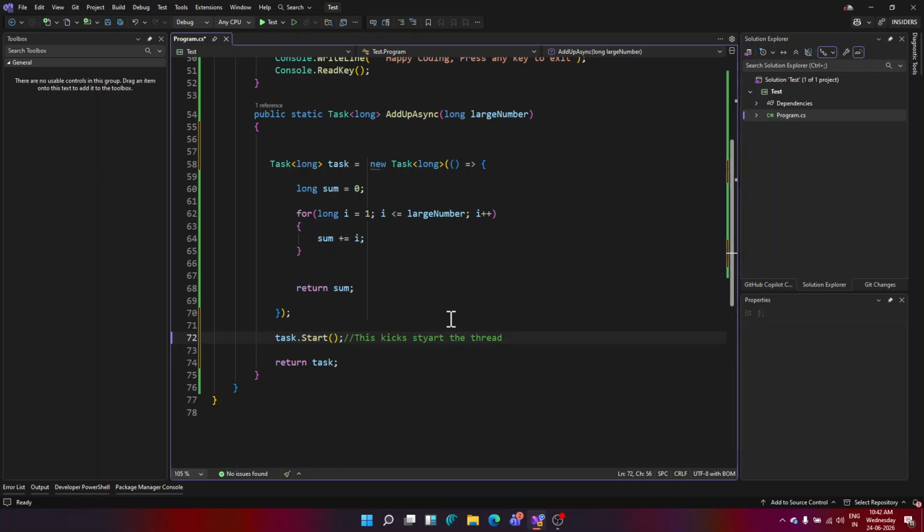All the threads related to a task are background threads. They're all background. For the threads that we create using the Thread class directly, they are foreground threads. If the main UI gets stopped for any reason, the foreground threads will keep running and will not let the application stop. Until foreground threads finish, the application cannot stop. But if the main thread stops, then all the background threads are immediately aborted.